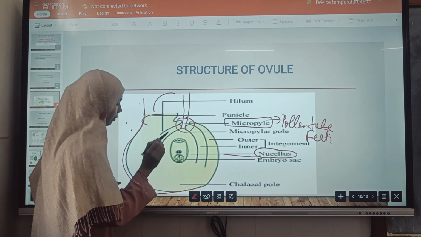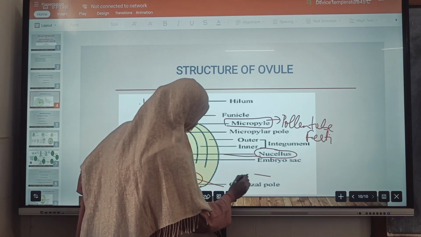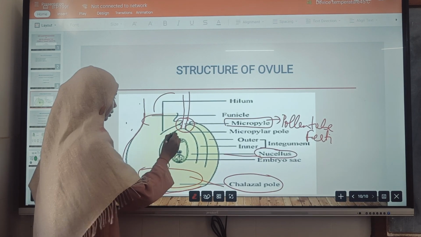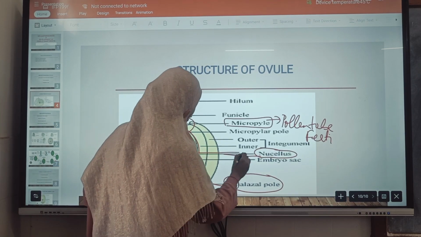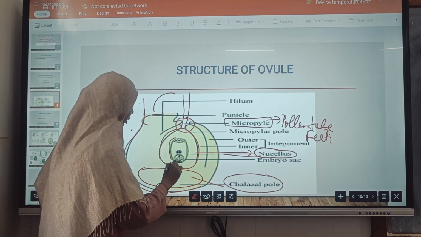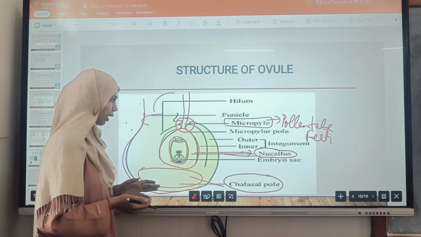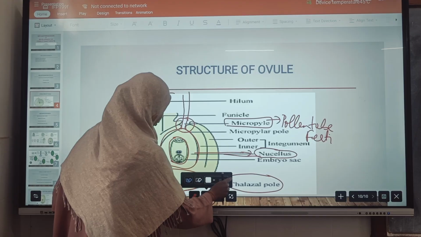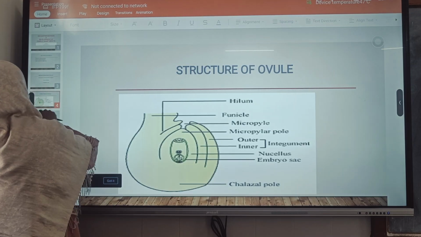Now, opposite to the micropyle, the basal portion of the ovule is called chalaza. The inner body of the ovule is made up of nucellus, which I have already told you is the main body of the ovule in which, after megasporogenesis, the embryo sac develops. I hope you all are clear about the structure of the megasporangium. Now come to our next topic, that is